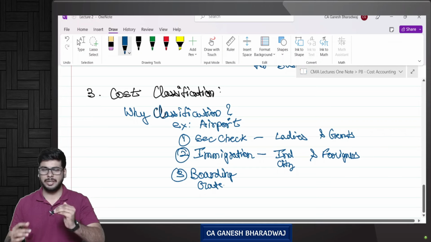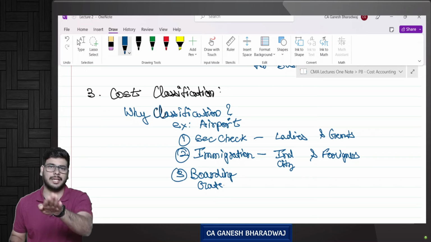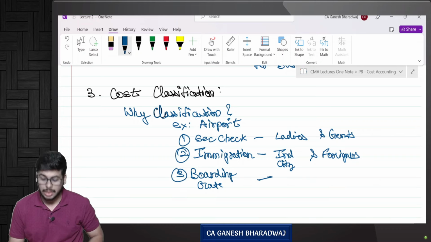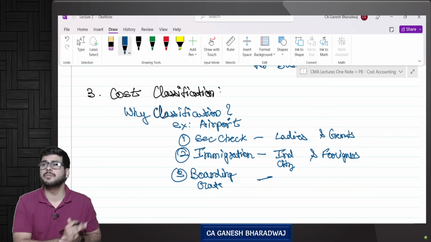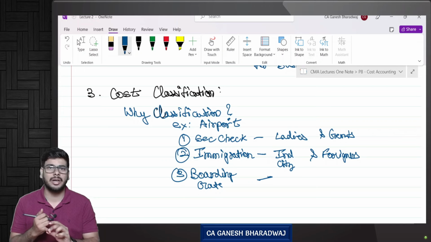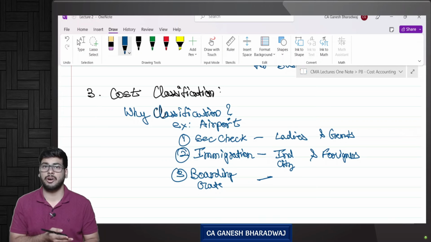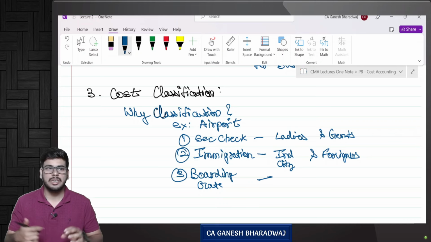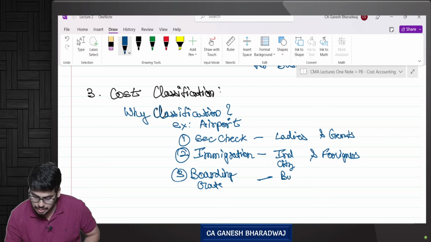Using this boarding gate only you can enter into the aircraft. Now, in this boarding gate, the crew members of the airline company will be standing there. Here they are not bothered about ladies or gents. They are also not bothered about Indian citizens or foreigners. What they will do is classify the same human beings as business class passengers and